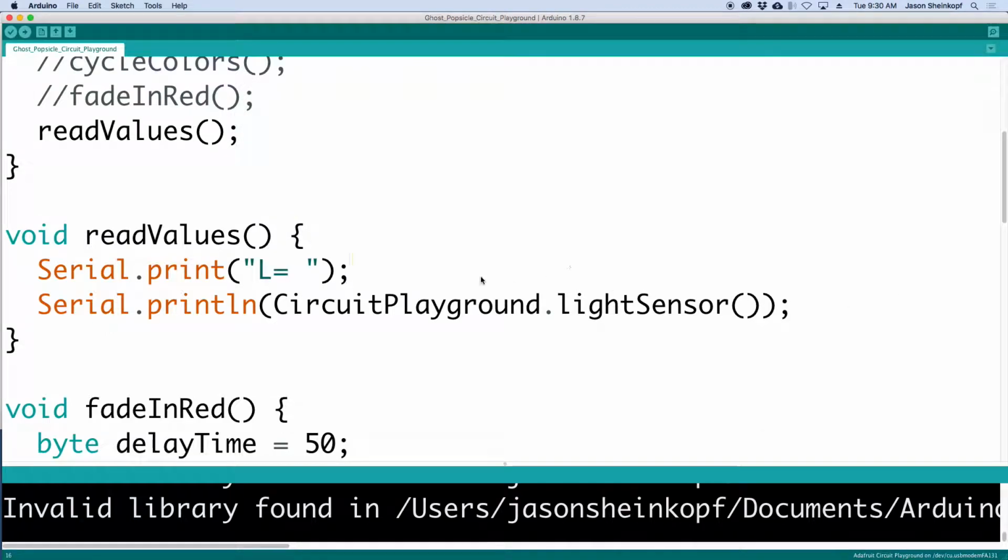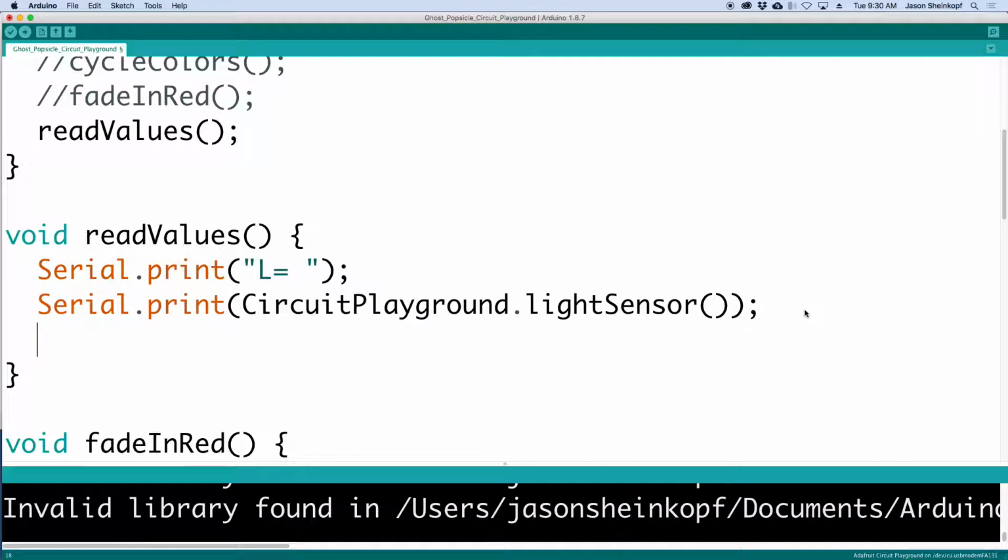Okay, so we've got that one value, but we want to print out all these values at once. So what we're going to do is remove the ln because this is no longer going to be the last line. We're going to go to the next line here, and the next thing we want to have this print out